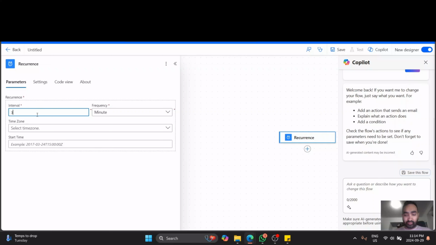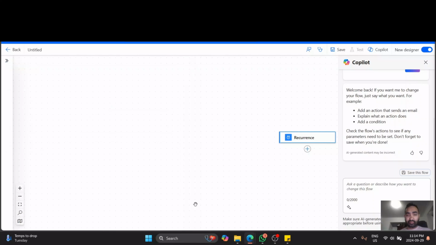I'm setting 1 minute for now and select the time zone that you are in. And you don't need the start time. If you need a specific start time for the refresh, you can set that. I don't need it right now. And then click on add a new step